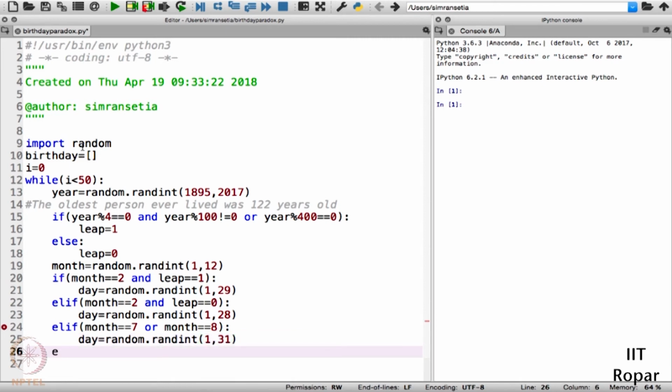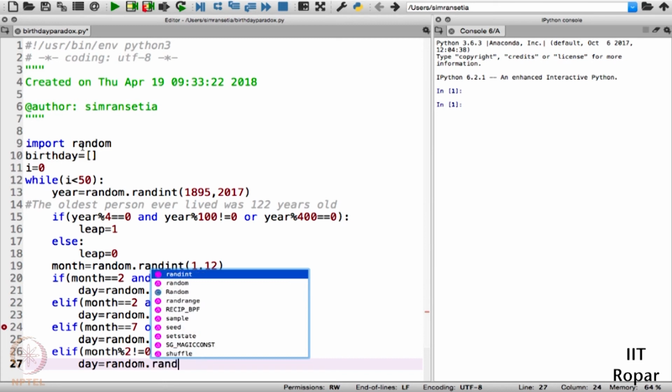Next, we have to keep the fact in mind: if month %2 is not equal to 0 and the month is less than 7, so we will generate the days from 1 to 31. You can easily figure this out.